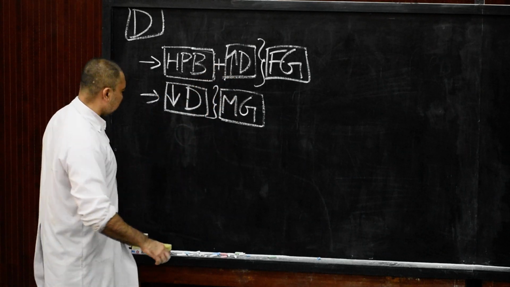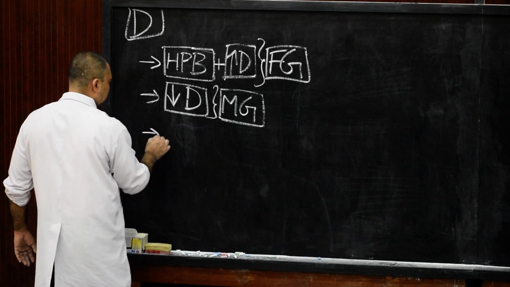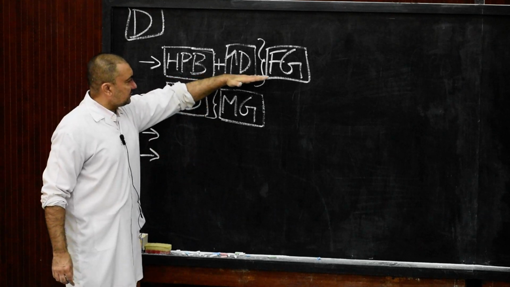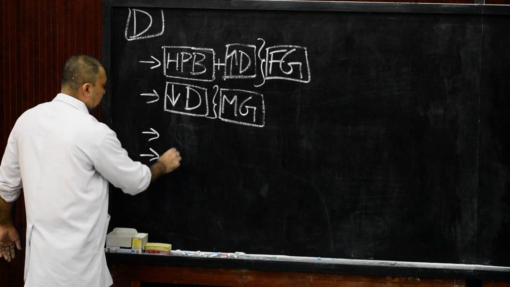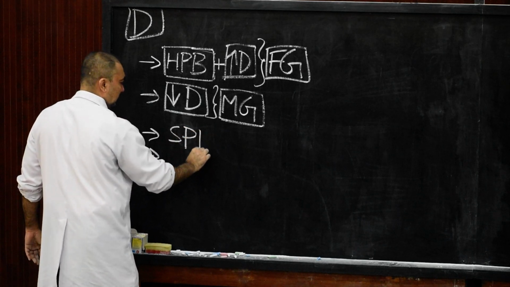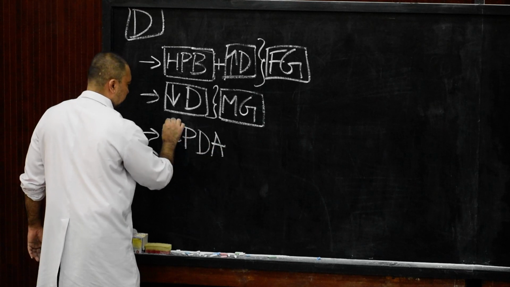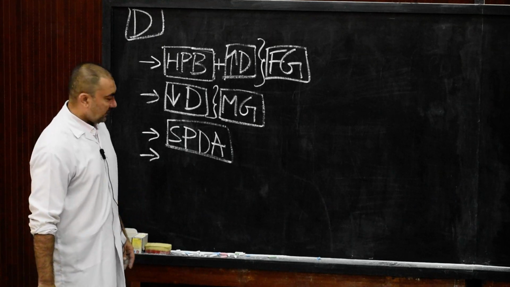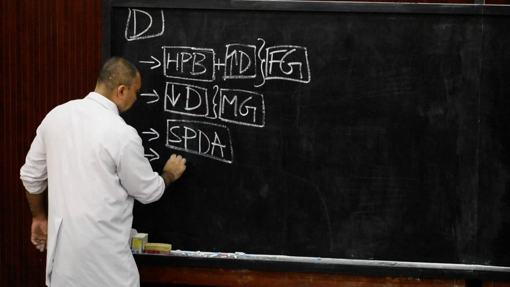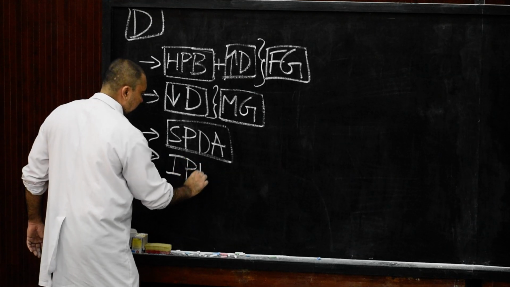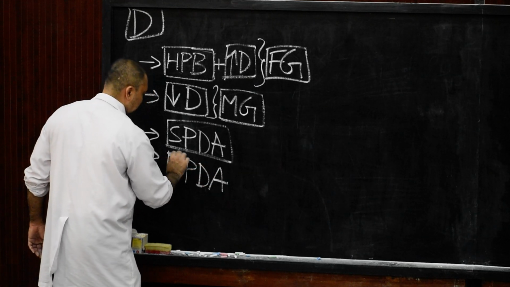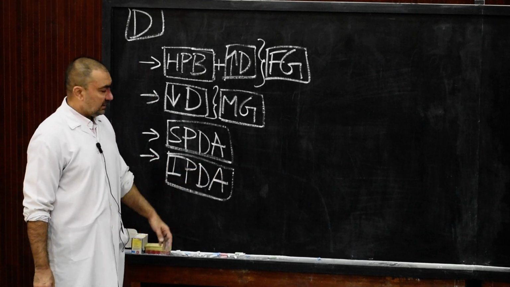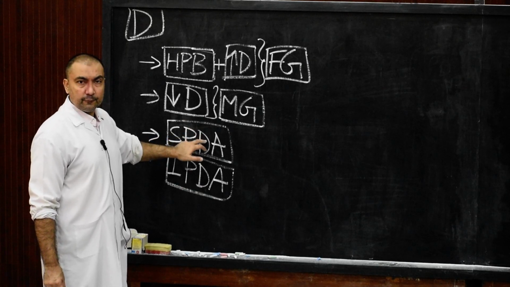Now, in the adult stage, this will be represented by arterial supply. The portion of duodenum that is developing from foregut will be supplied by superior pancreatico-duodenal artery, which will be a branch of celiac artery, and the portion of duodenum which develops from midgut will be supplied by inferior pancreatico-duodenal artery. It will be a branch of superior mesenteric artery, which is the artery of midgut, and celiac artery is the artery of foregut.